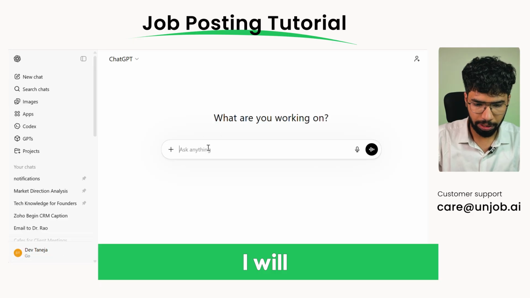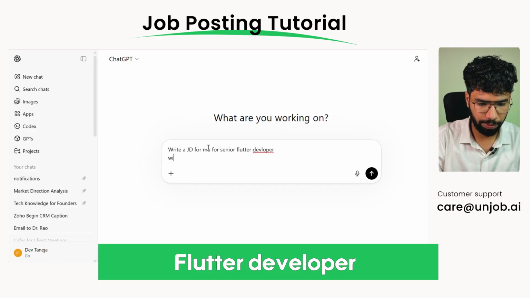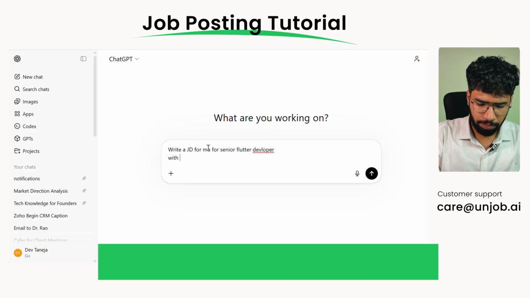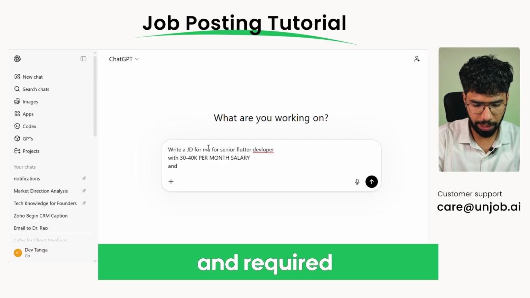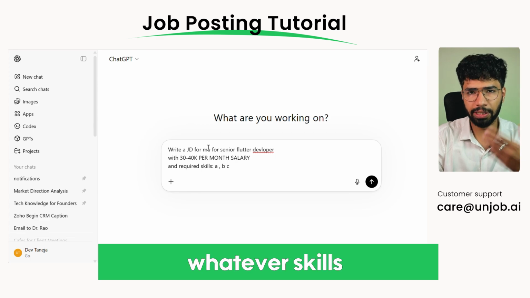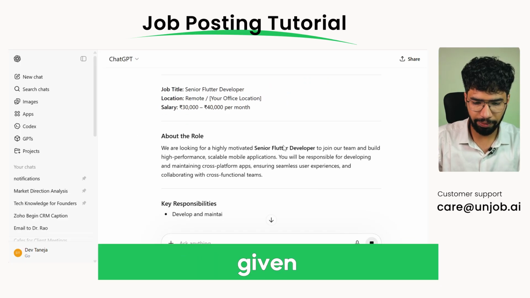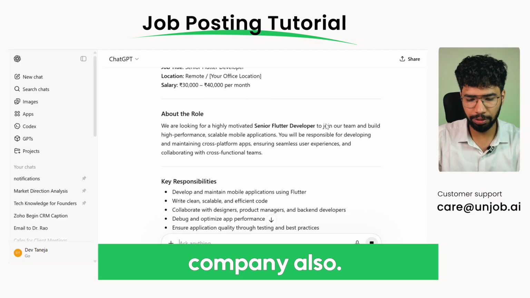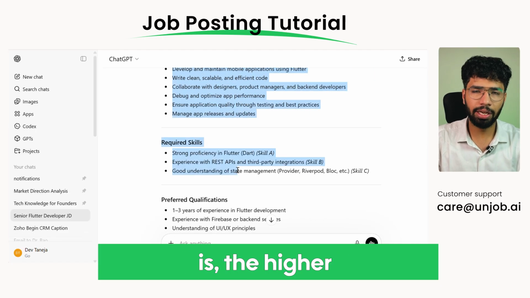I will write, JD for me for senior Flutter developer with 30 to 40k per month salary and required skills A, B, C, whatever skills that you need, and the location, everything you can mention there. So ChatGPT has given us the role. Please describe your company also. So it has made it according to my company, but the better the JD is, the higher the chances of